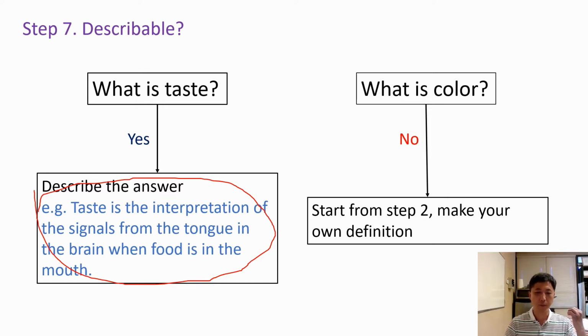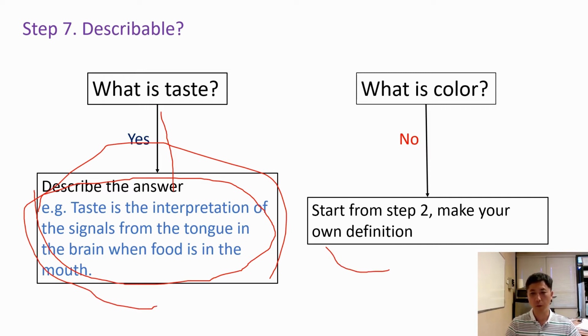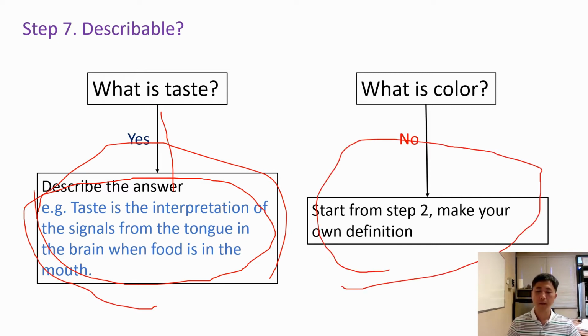So it's the brain power, like when you describe and observe, and this builds the concept and connects concepts. These are generally where it comes from, but sometimes you learn from school as well. Let's say you have some idea about the taste, then you describe them just like here. If you have no idea, then you go back to the step and